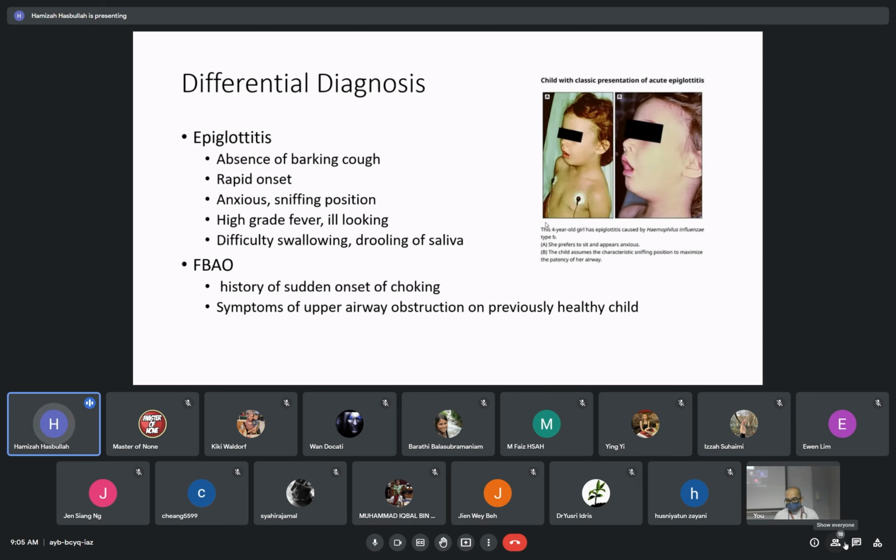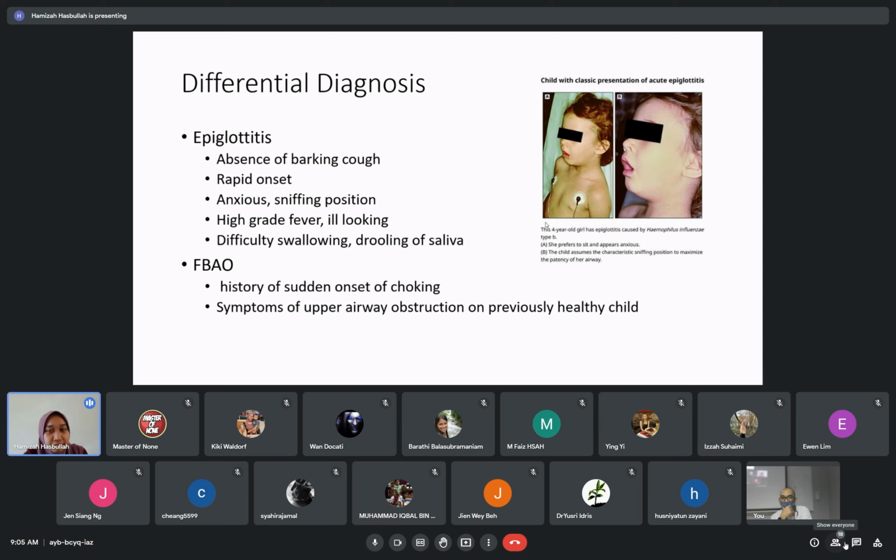So the differential diagnosis is epiglottitis. Usually in epiglottitis there will be absence of barking cough. Epiglottitis is rapid in onset, unlike croup. Croup usually develops in 18 to 72 hours. The patient usually has anxiousness too. The child will be in the sniffing position, because the child will assume that sniffing position to maximize the patency of